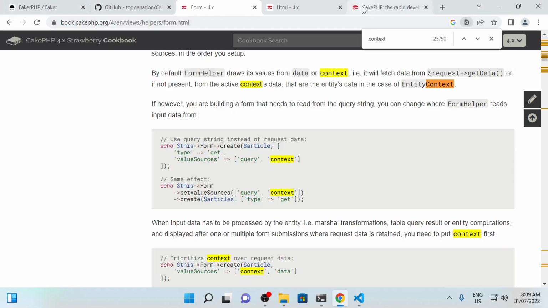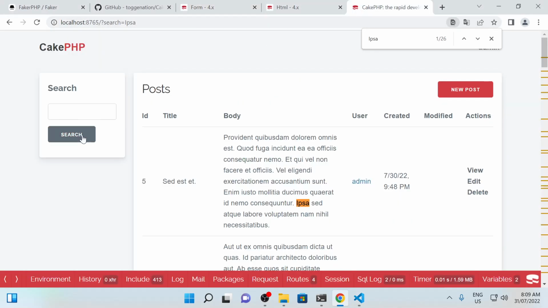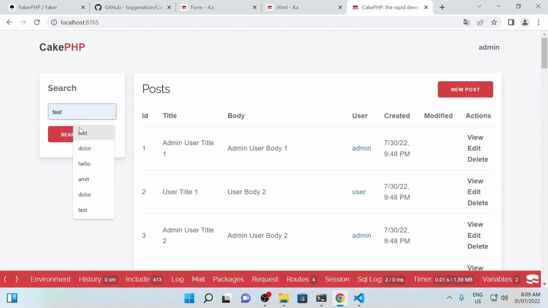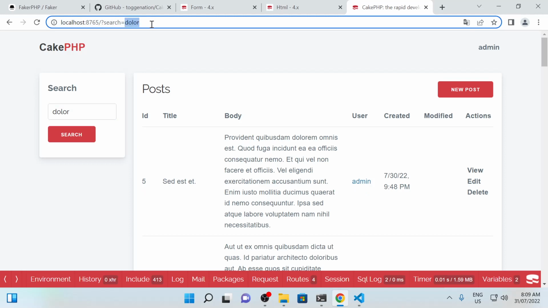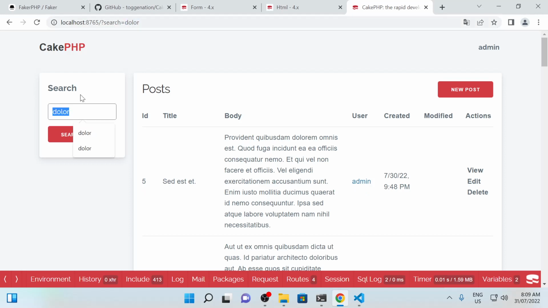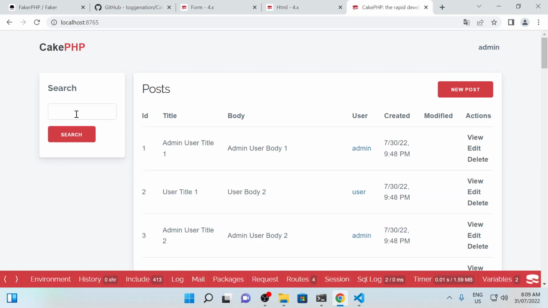So going back to our form here, if I type in something and we've got it in the query string, now it's appearing in the search field. Now that's okay, and it's pretty obvious that yes, it's searching by that, and we can go into here and delete and then search, and that really